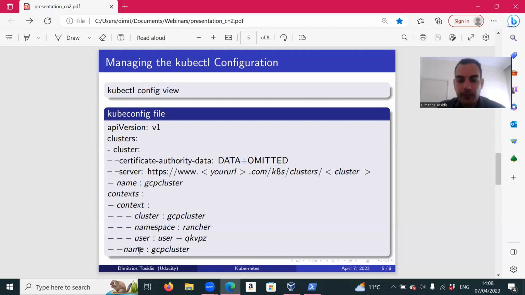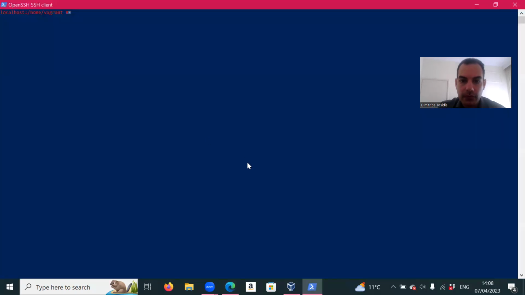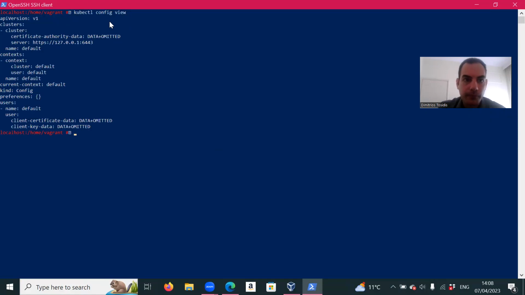So let's go and see this function live. I have set up here a Kubernetes engine, and I have here a cluster. Let's see what's going on. As you can see here in my Kubernetes,